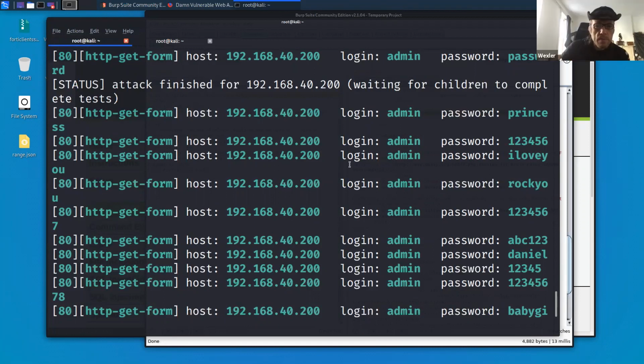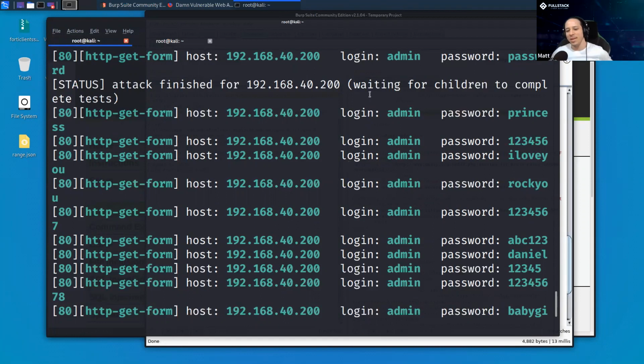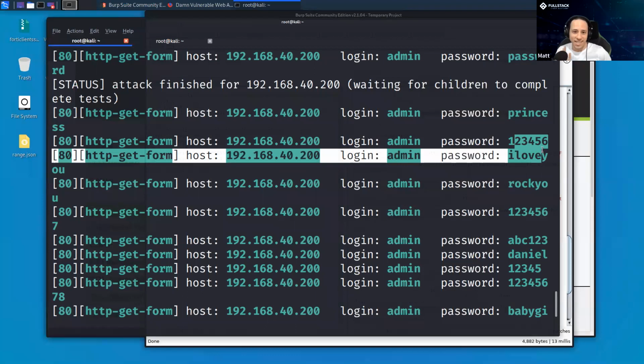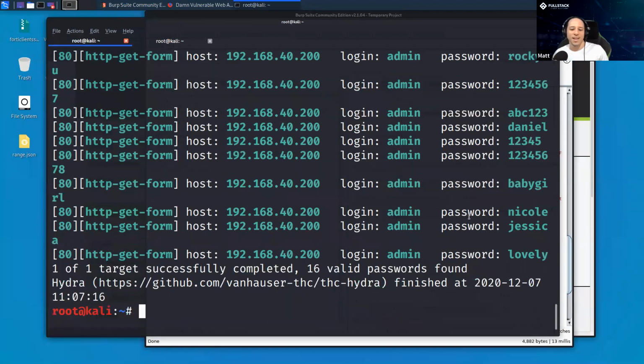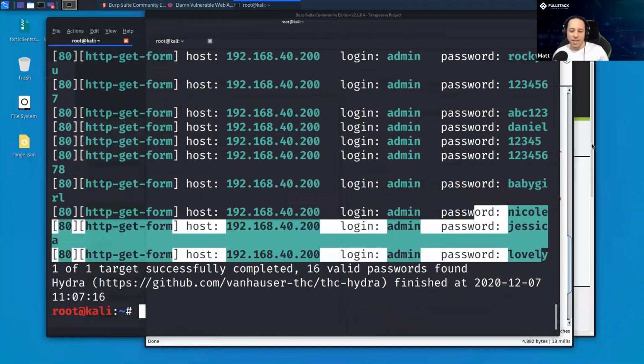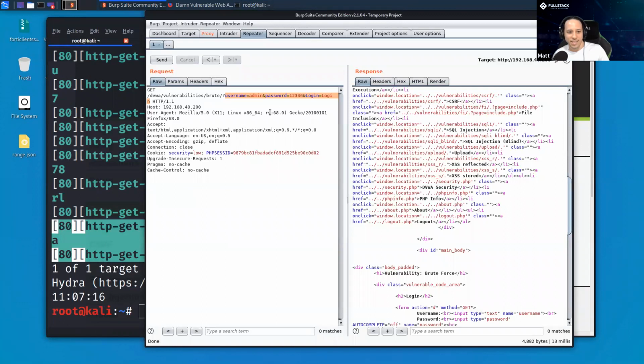Too many positive results. Obviously, I must have done something wrong because it's telling me all of these are valid passwords. So when you see this, you must have done something wrong. I'm telling you, I've done this all the time. I always screw this up. At this point, when you see this happen, you want to very carefully look at the requests that you were sending, how you were doing this, and see what you were doing wrong. And the difference I see here is I am not sending the cookie.